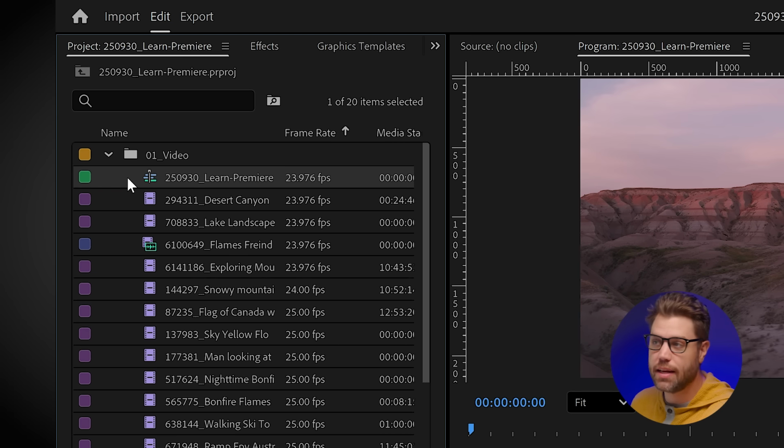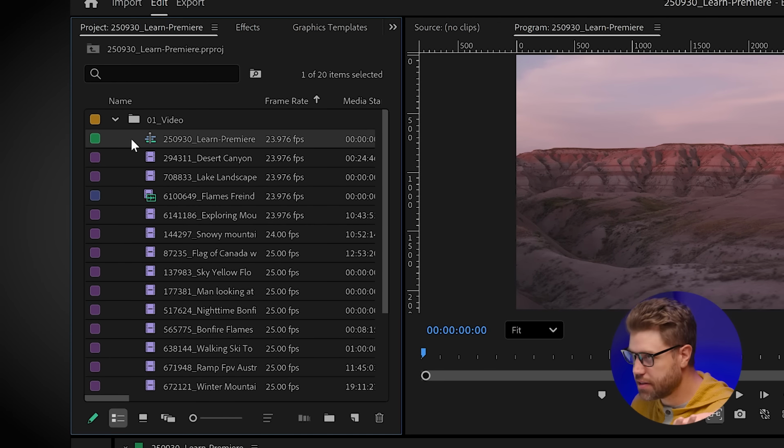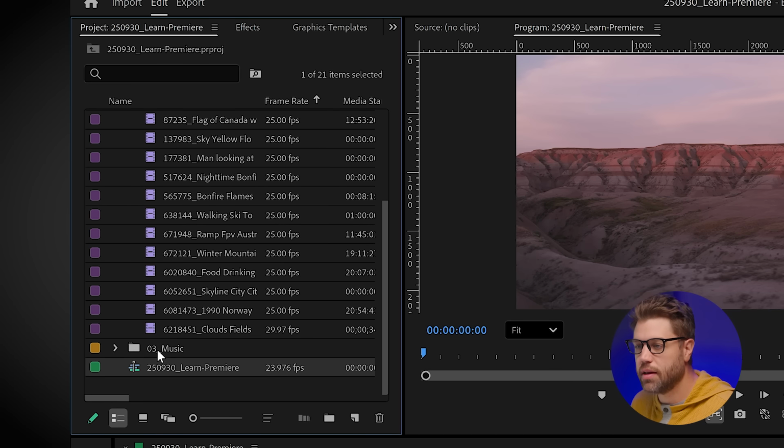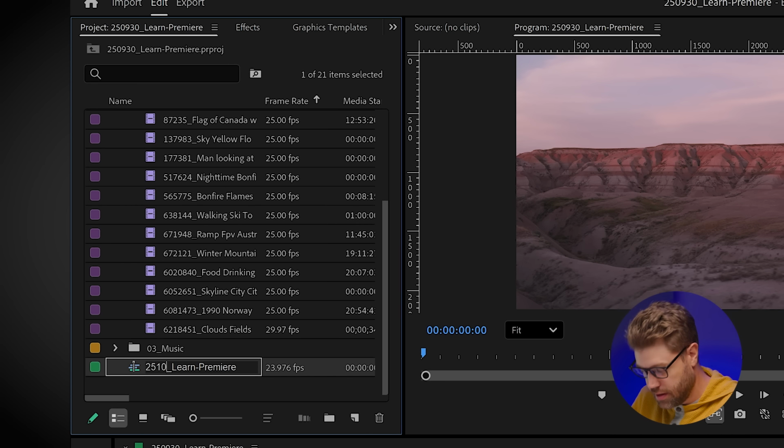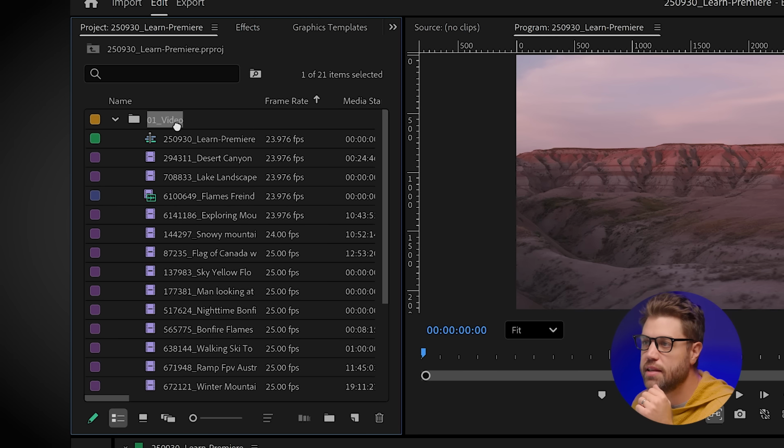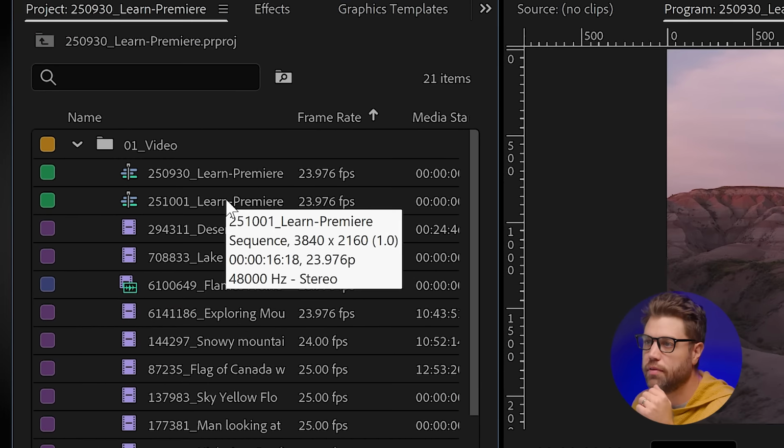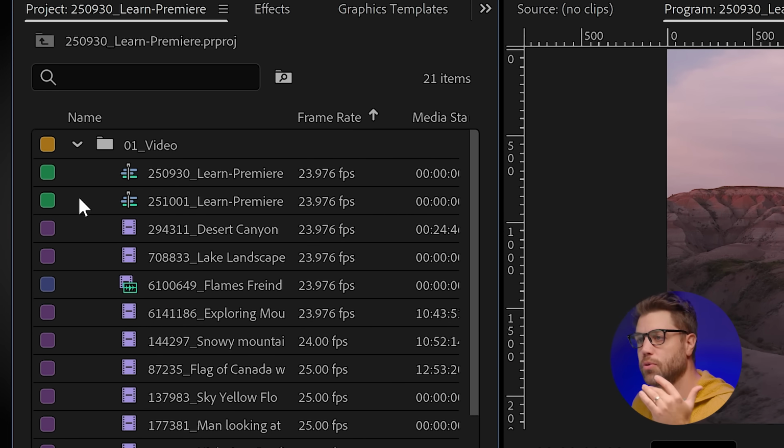Enter. Adding the date in the name of the sequence means that the next day I work on this project, if I make significant progress, I can copy paste this sequence and rename it with the updated date, 251001. What this does is it creates redundancy. Now I have a list of sequences that I can work off of and see the progress as I work